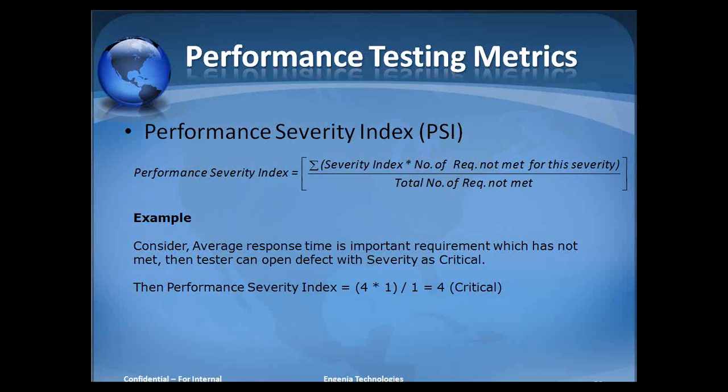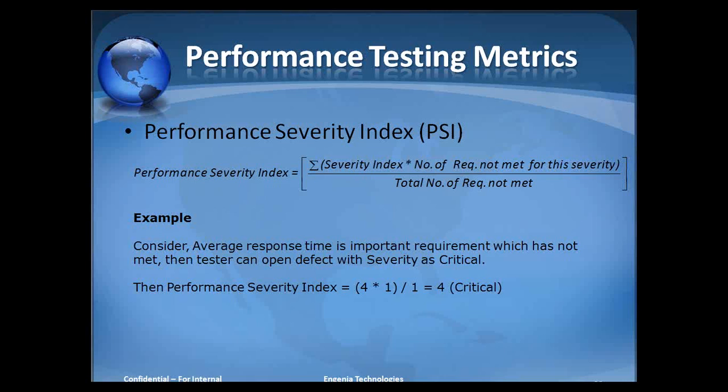So if a requirement is not met, one can assign the severity of the requirement so that the decision can be taken for the product release with respect to the performance. Suppose, for example, the page load time fails: when just around 40 users log into the web app, the application just crashes. I would consider this a very high severity, and then we can decide whether or not to release a particular software without fixing this particular issue.